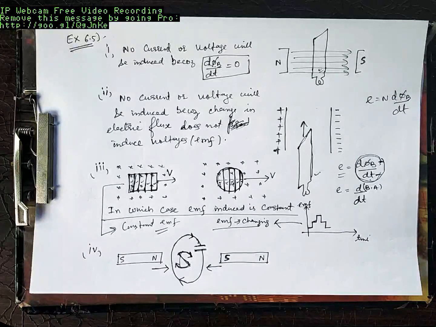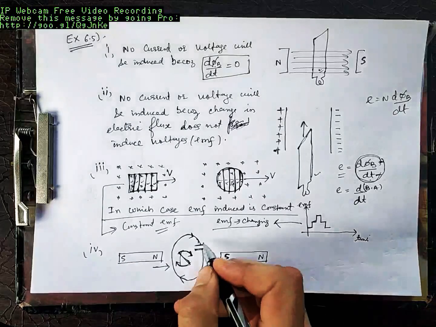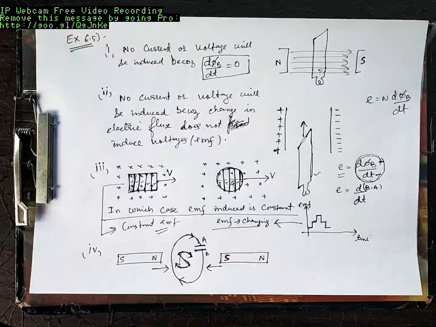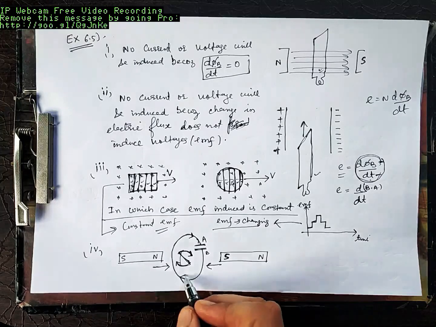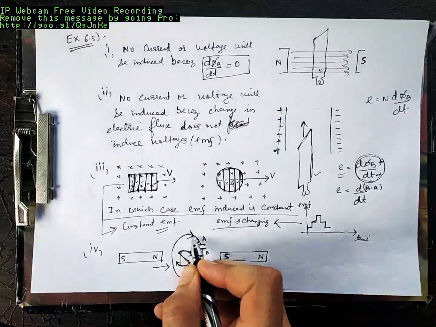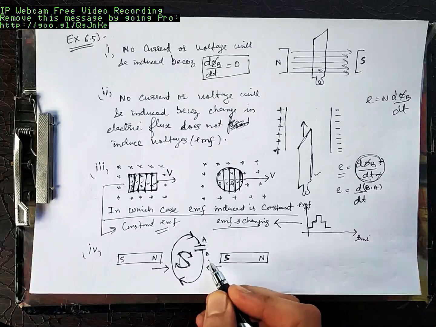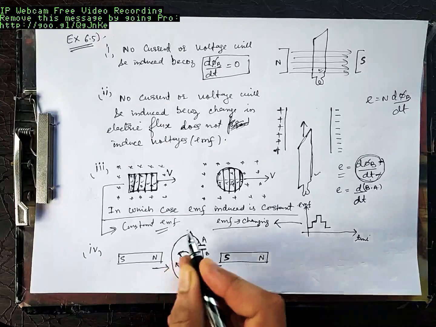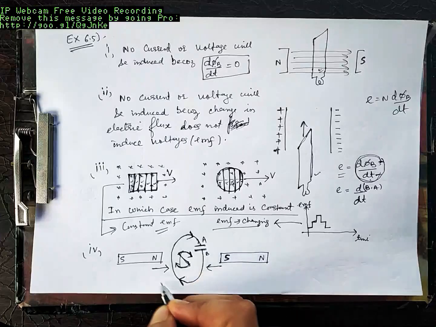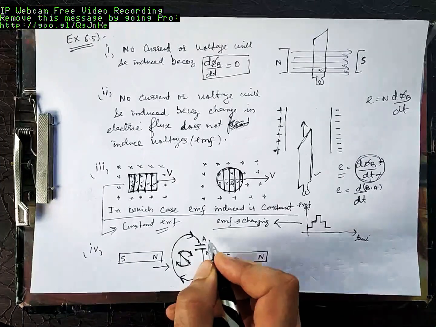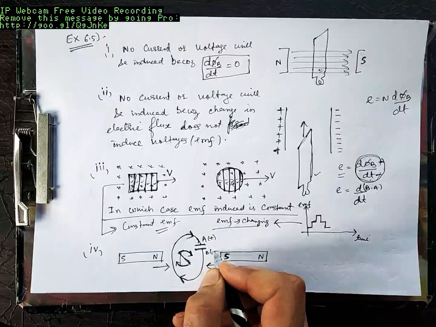So it's being asked which plate is positive and which plate is negative. Let's suppose this plate is A and this plate is B. I hope I am not wrong. This is the direction of the conventional current, that is positive current, as if positive current is flowing. As per this, current will flow from plate B to plate A. So positive charge will flow from plate B to plate A. So there will be excess positive charge on A, less positive charge or negative on B. So A will be positive with respect to B, B will be negative.